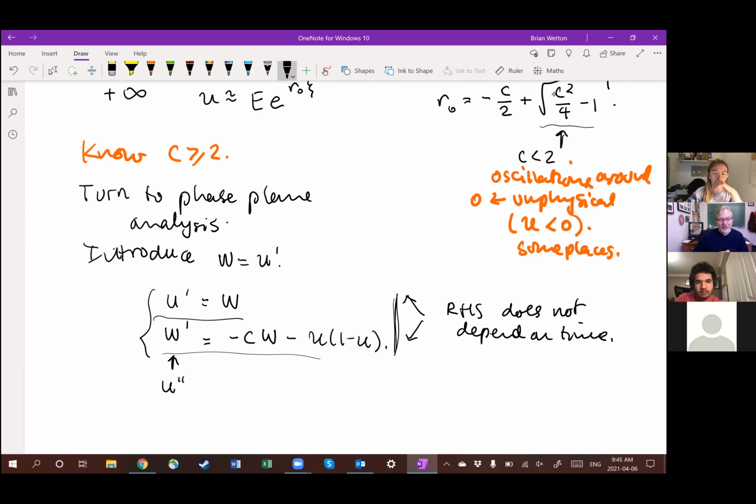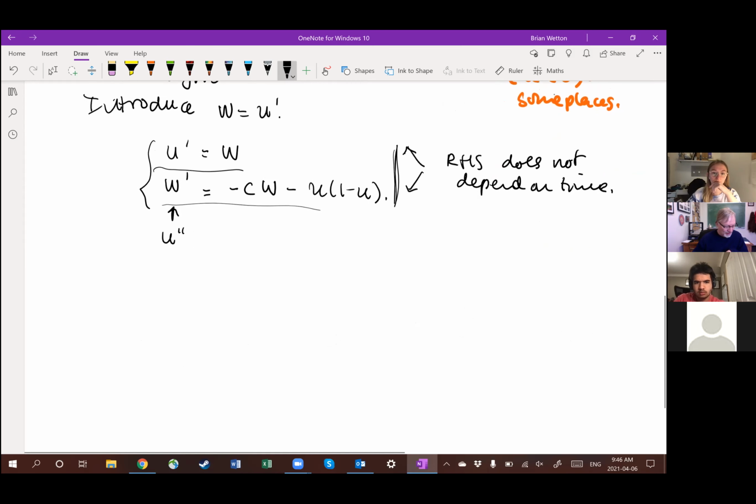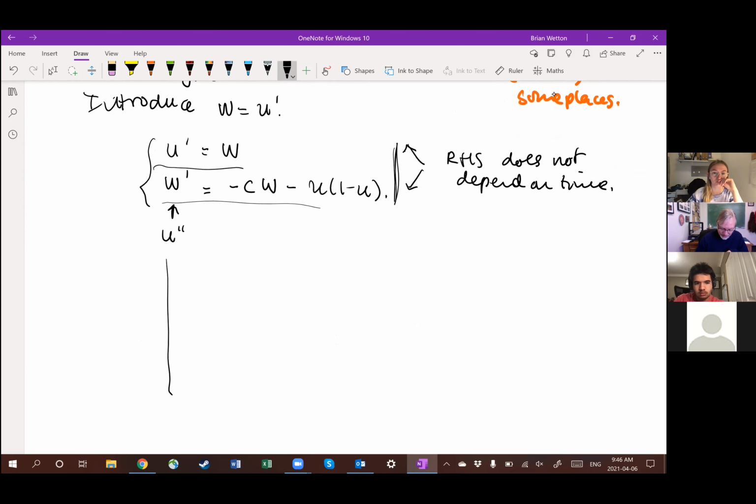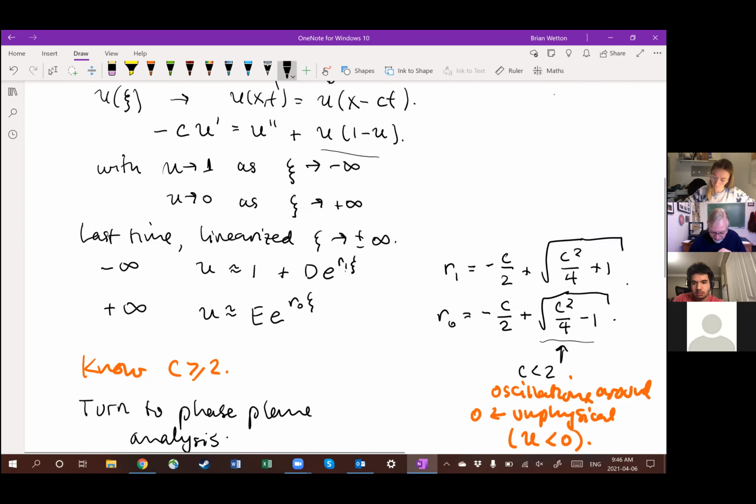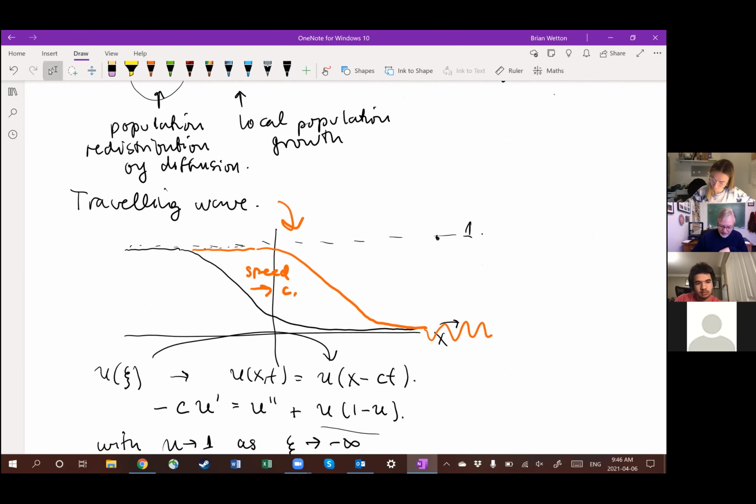Now, you know you've lost something, and what you lose is you will know how the trajectories move in the UW plane, right? But you don't know the time at which they are at a particular location. That's something you would have to post-process or do numerical calculations for. So let's have a look in this UW plane. Right? And let's go back to the solution we're looking for, this traveling wave solution,